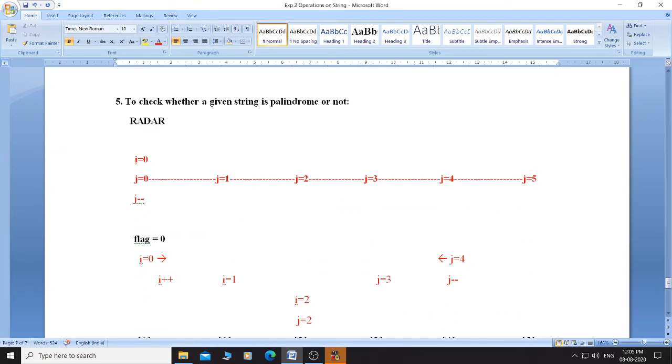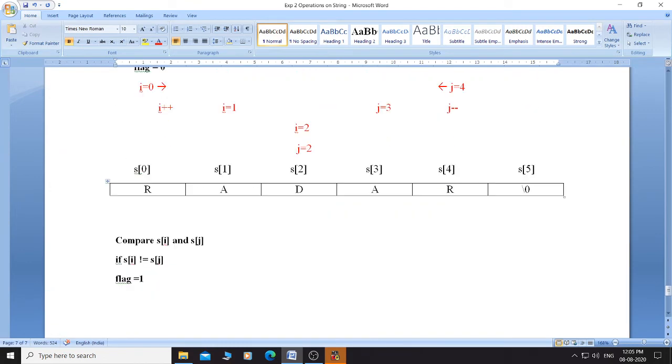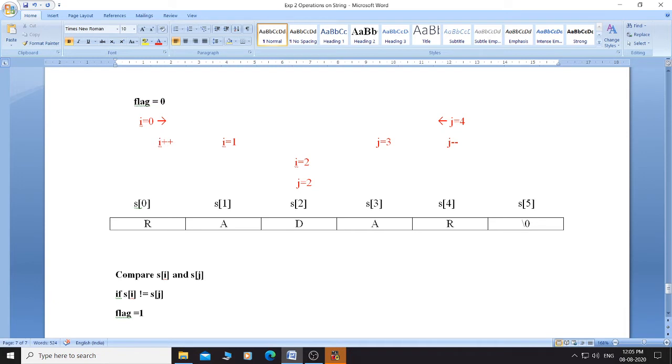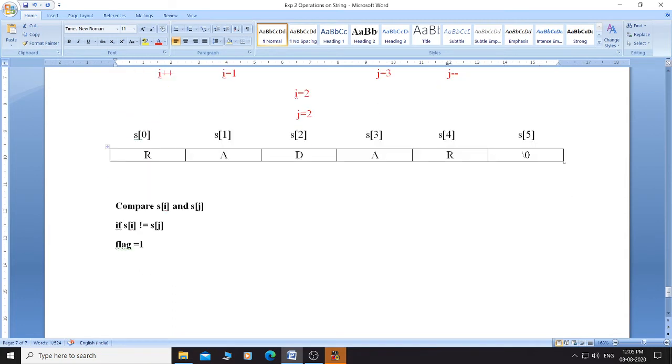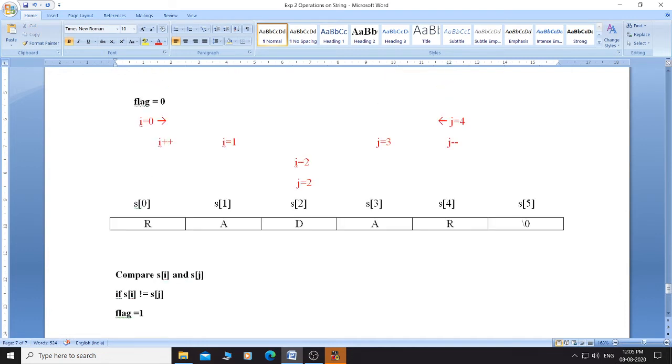Initially flag is equal to 0 and then comparison is started. Before comparison we have made i as 0 and j as 4. Now compare s of i and s of j, that is s of 0 and s of 4, means we are comparing the first and last character.